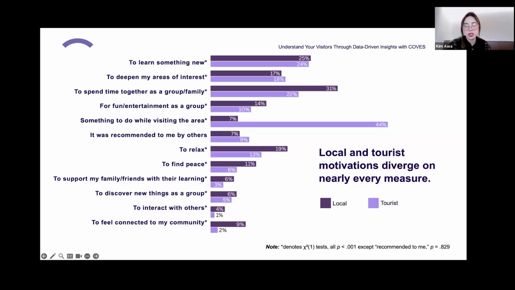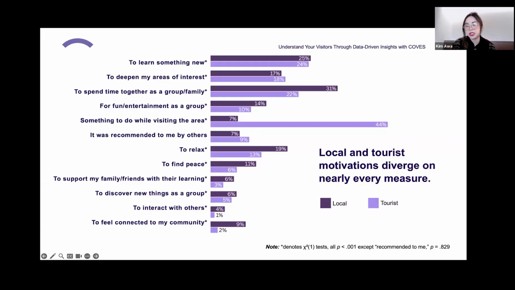And as you can see, the results show that motivations differ between locals and tourists on almost every measure, with one exception, which is it was recommended to me, which really didn't meaningfully vary between the two groups. And some of this aligns with what we might expect. So, for example, tourists being motivated by something to do while visiting the area makes intuitive sense, and that's the largest light purple bar.